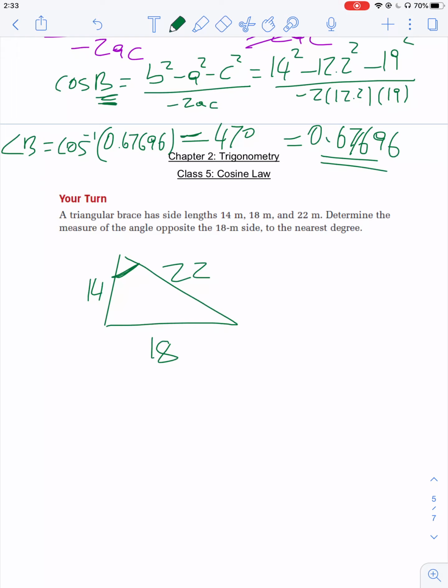So again, guys, do this however you want, right? If you are reluctant to change your values, then you can always consider this to be your A, this to be your B, this to be your C. If that is the case, then because this is B, this forces this angle to be capital B, right? And that's all you need at this point. If you want, you can label this A, you can label this C, but you don't really need that stuff, okay? Because I am looking for angle B, my formula will have to start with B